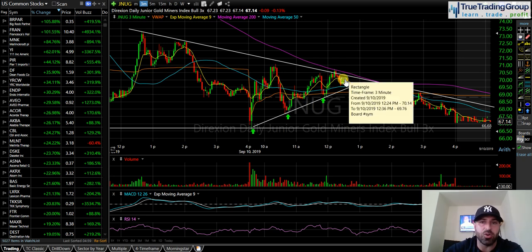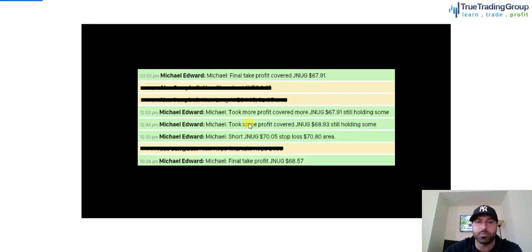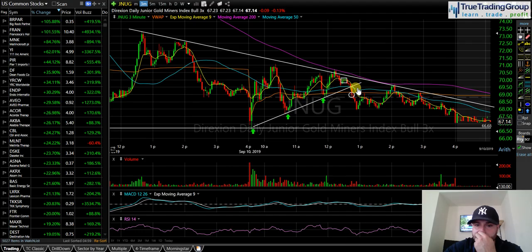I caught the entry right there short. And then we broke down below this trend line. And as soon as we flushed that down, I took my first profit off the table right there. Take you back to my trade announcements. Here you can see took some profit, covered at 68.93. Then we extended a little bit lower, and I took the bulk of my position off the table,